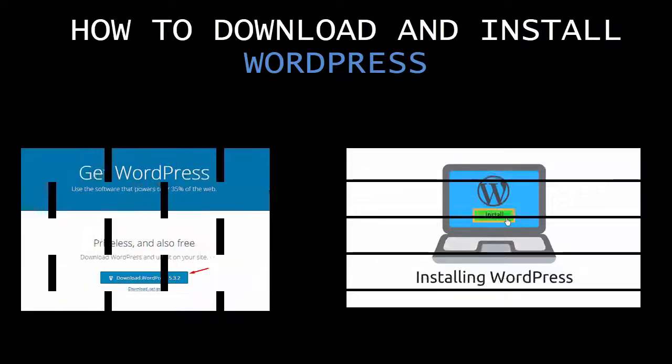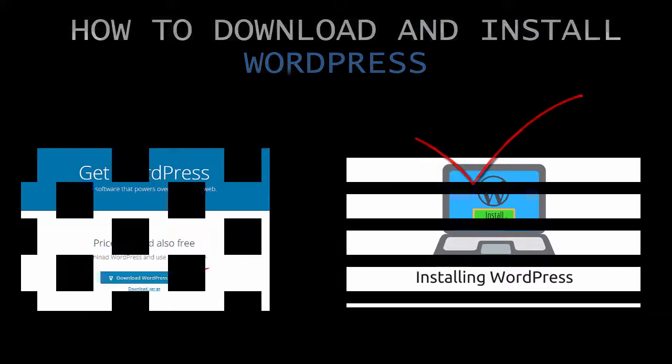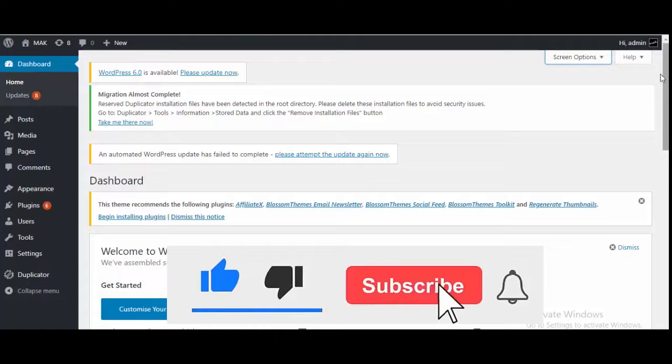Hello and welcome. In the previous videos we have discussed how to download and then install WordPress on localhost XAMPP. After installing, the WordPress dashboard is the first screen which will be seen when you log into the admin area